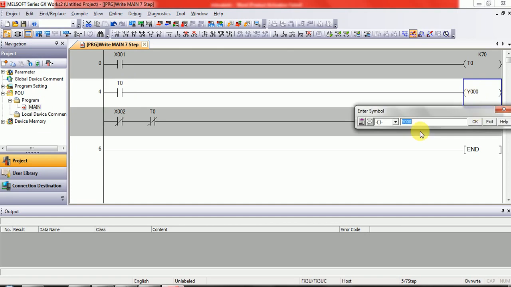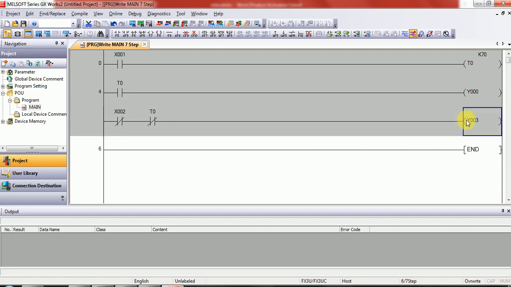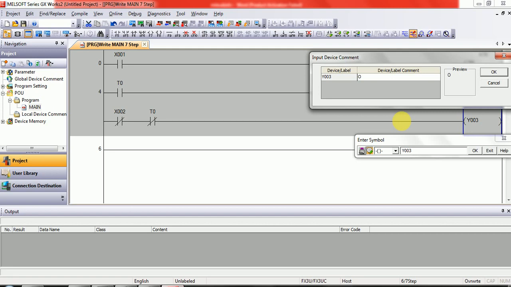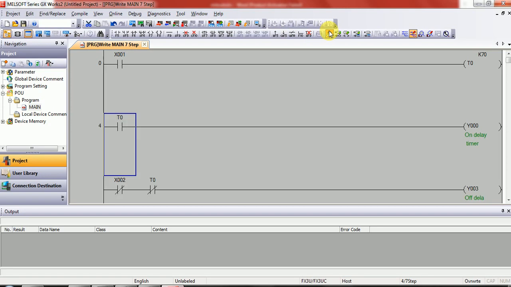So I can give a comment to it. This is the on delay timer, and I will give this a comment: this is the off delay timer. And show your comment. You can see here this is the on delay timer output and this is the off delay timer output. Now I will compile my program